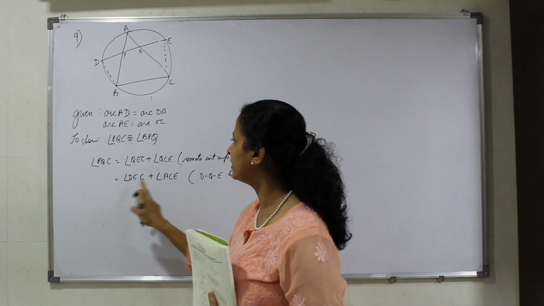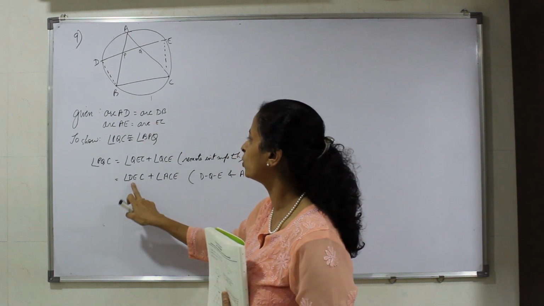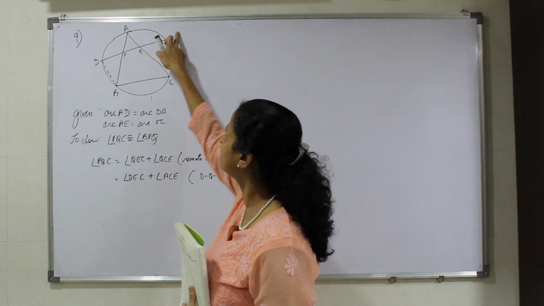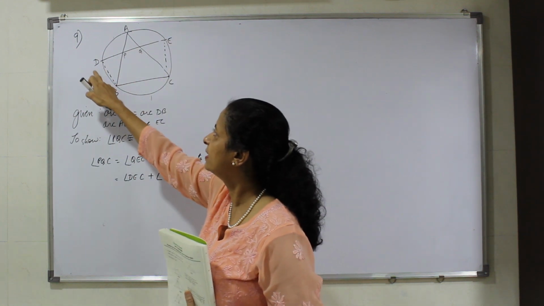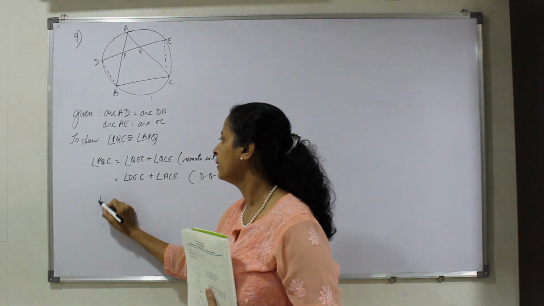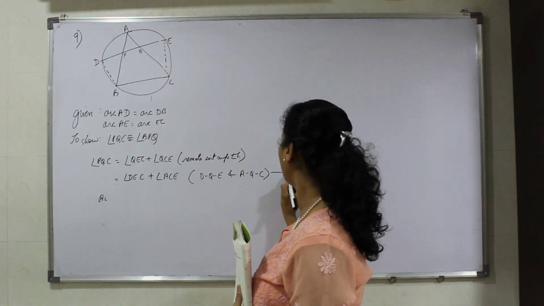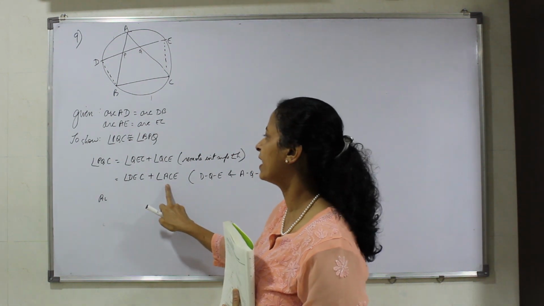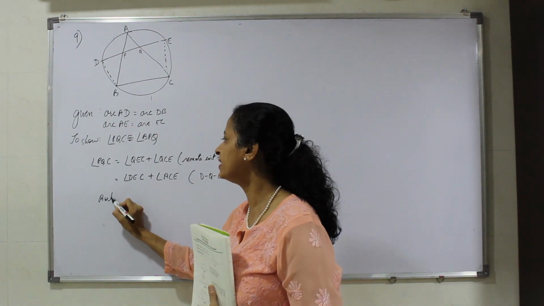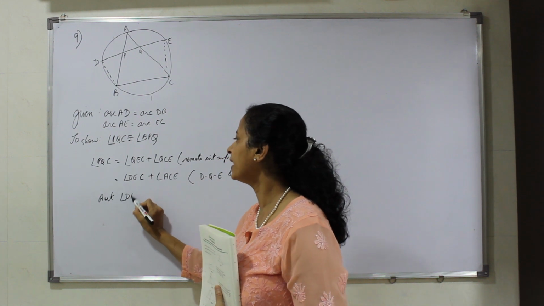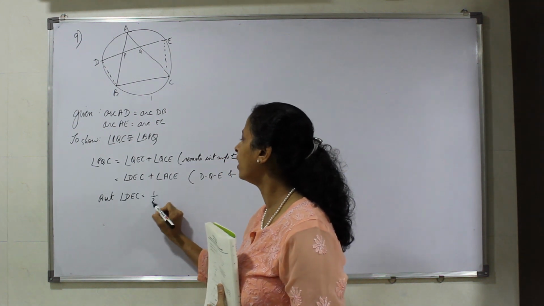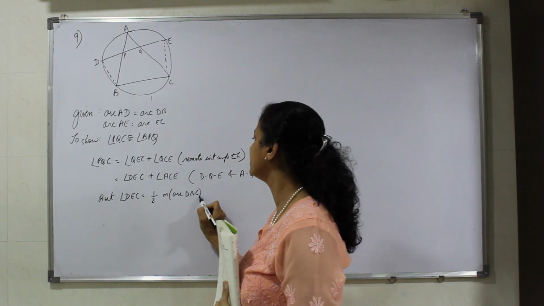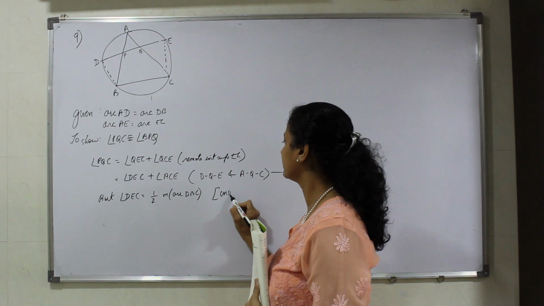Now, after we get these two angles, why we have extended is because I want to rewrite it using the inscribed angle theorem. So can you see the DEC? It cuts the arc DBC. Leaving this as equation number 1, I will rewrite an angle for DEC as well as for the angle ACE. The angle DEC is equal to half the measure of the arc DBC. The reason being inscribed angle theorem.